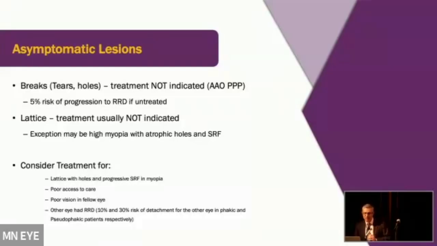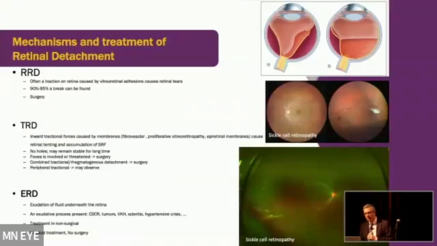Life happens, right? So lattice we don't need to treat, of course, if they don't have a traction or the tear, and then consider treatments for those who have lattice with holes or progression of subretinal fluid, poor access to care, which falls to the category that I just talked about, poor vision in the fellow eye. So this is a higher stake decision, so we want to protect the eye that is left, and then other eye had RD or other sorts of